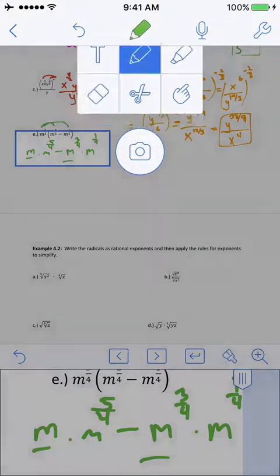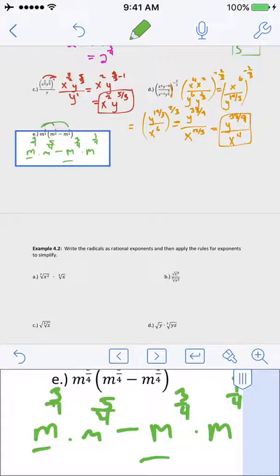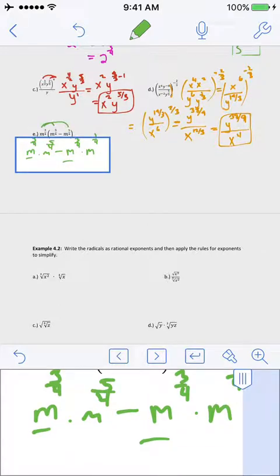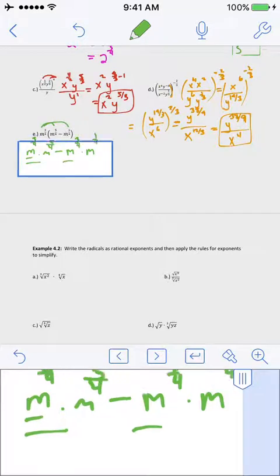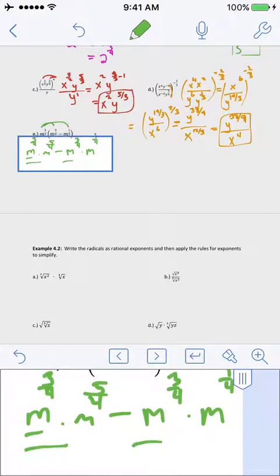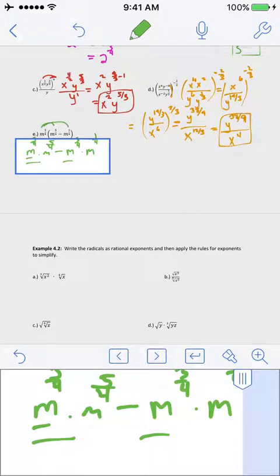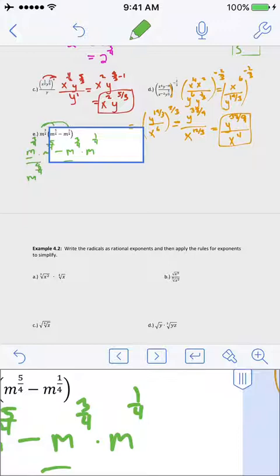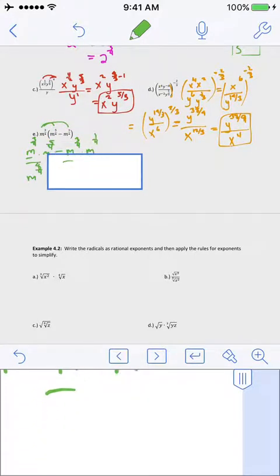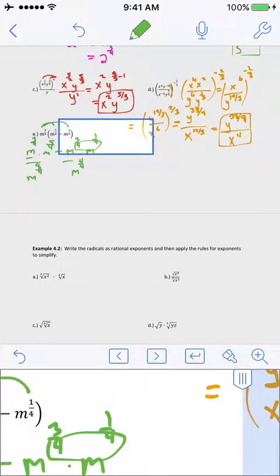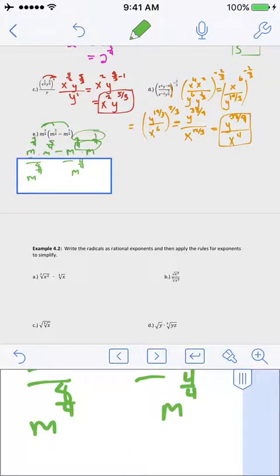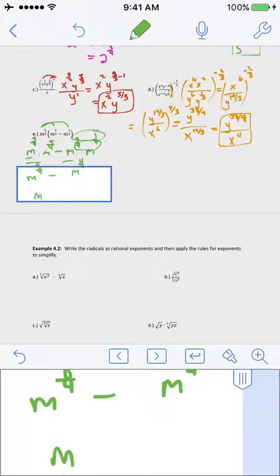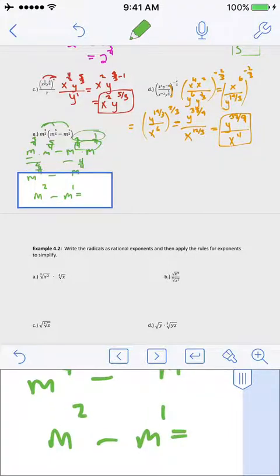That looks like a 7, so I'm going to rewrite it. 3/4. Okay, now I can apply product rule to each of them. Let's see, that means I add the exponents, and luckily they are of the same base, so I end up with m to the 8/4, right? Over here, add them, I get m to the 4/4. Since they have the same denominator, I can add their numerators, and they're still being subtracted. I can reduce these both a little bit. That becomes 8 over 4 becomes 2, and 4 over 4 becomes 1. So I'm just left with m squared minus m,